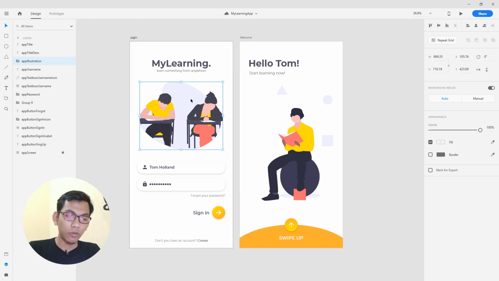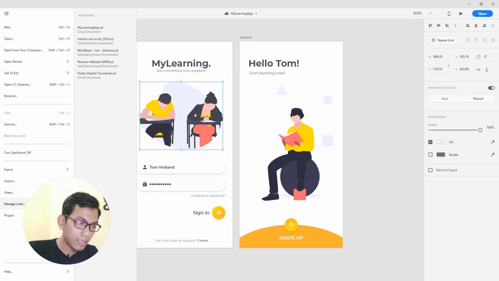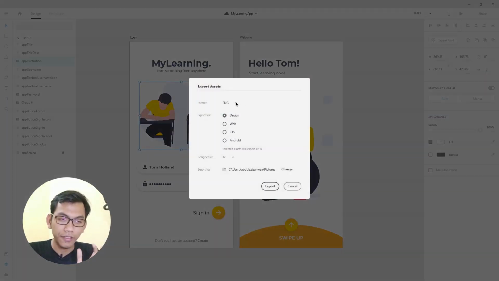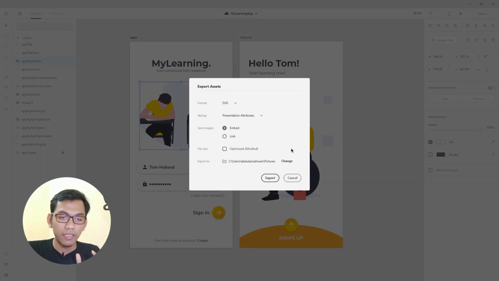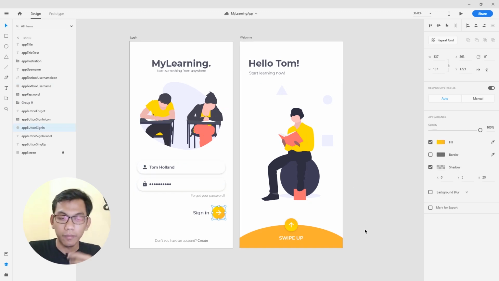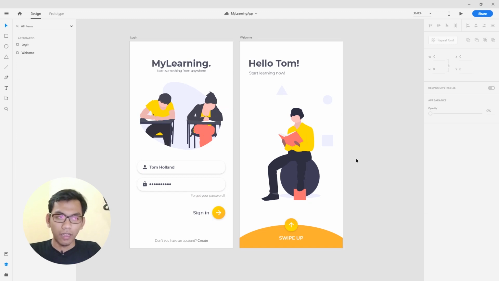So first we need to export this illustration. Just select this and then export and select it. And for the illustration, I choose format SVG and just export, and then this and more. After you have exported our design,